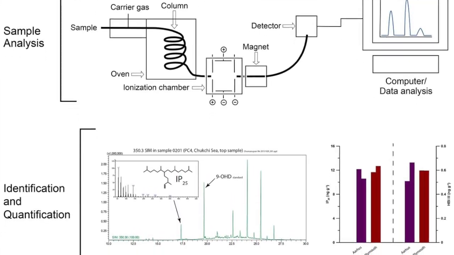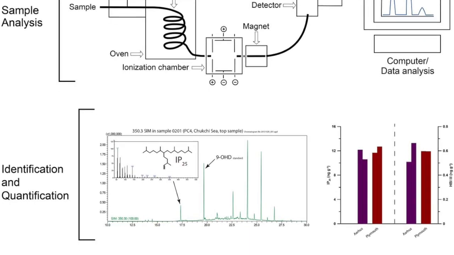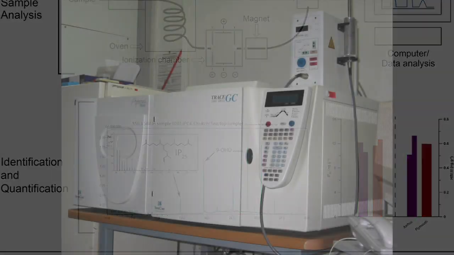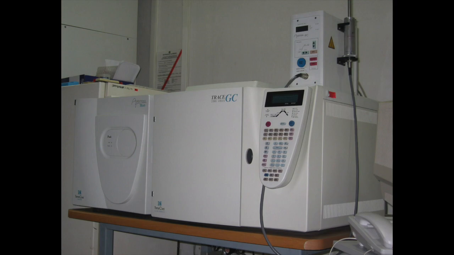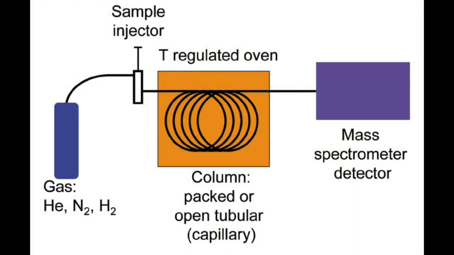And then once he had that fraction, we just were able to inject this into a gas chromatograph mass spectrometer. And that is an instrument that separates molecules based on their different chemical properties, mostly their boiling point and also their chemical polarity. And then they basically go through a long glass tube at different speeds because of their different chemistry, and they come out the other end, and we can quantify them and identify them based on the way their ions interact with a